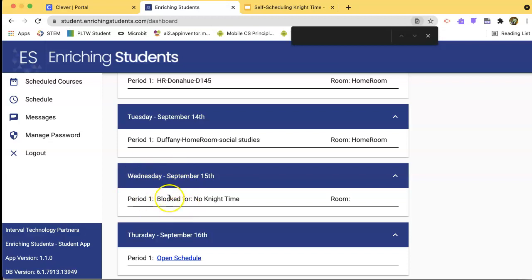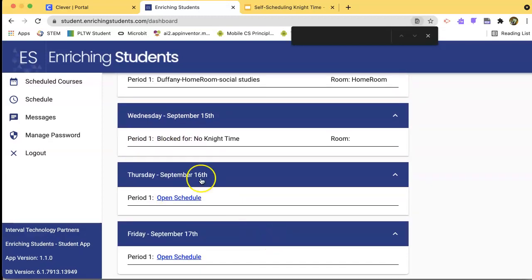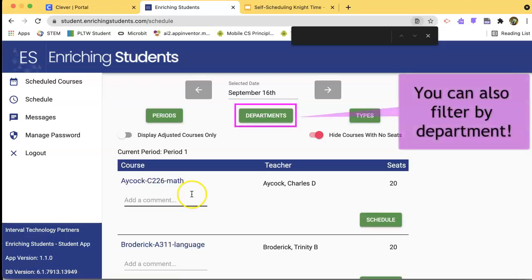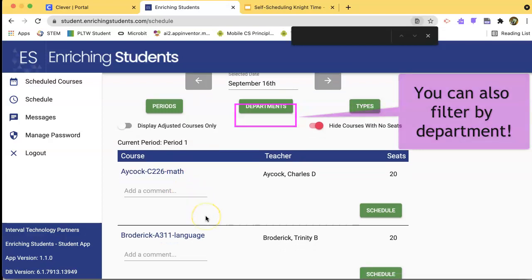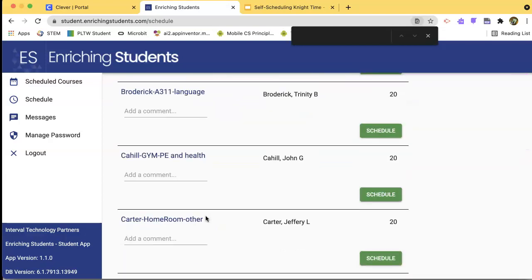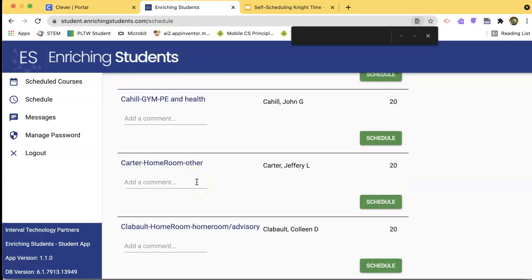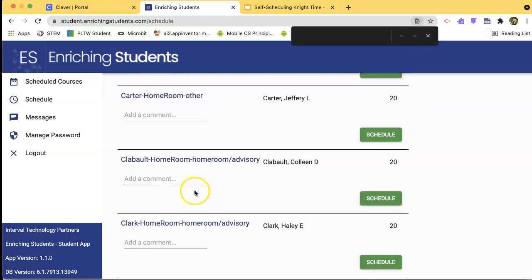So he can delete it as a teacher, but you can't as a student. Wednesdays are always going to be blocked. And then you can see here, I have 2 days that I still need to schedule. And the idea is that I'd be doing that on Monday, but again, I can do it a little earlier. So what I do is I click to open my schedule and I know that I can only pick teachers that I have. Now the teachers that are listed here are listed in alphabetical order and it has all of the teachers and it also shows what room they're in. Some of them don't have the room numbers on there and that's going to get fixed, but since you're only picking teachers who you have, it's not going to be that big of a deal.